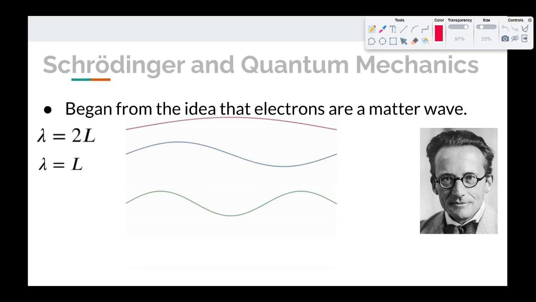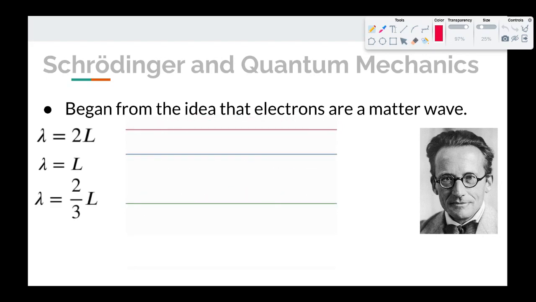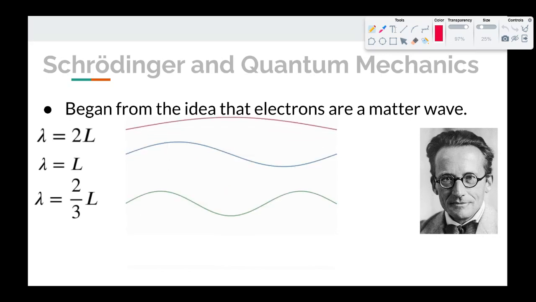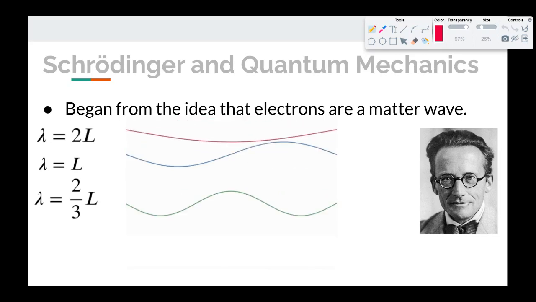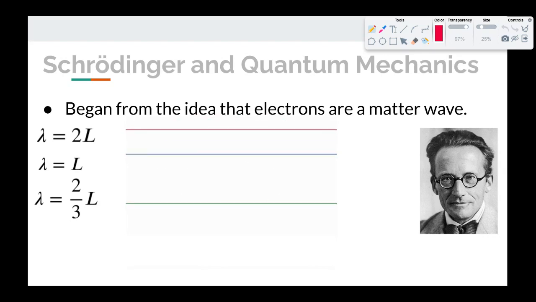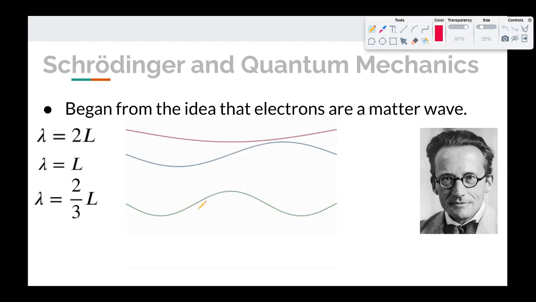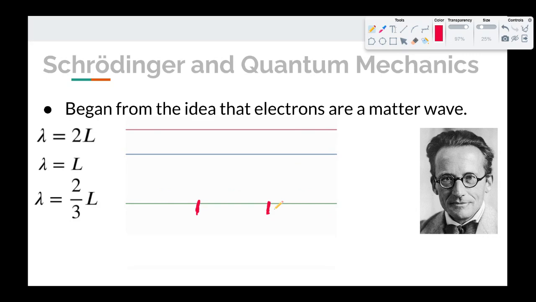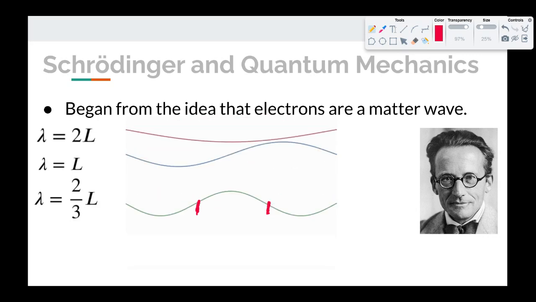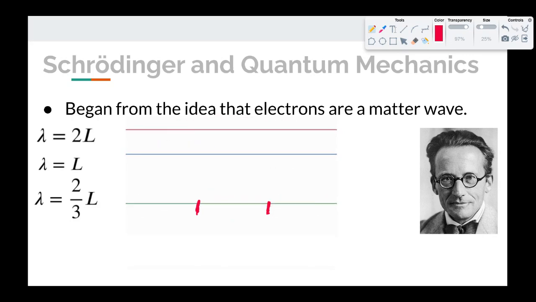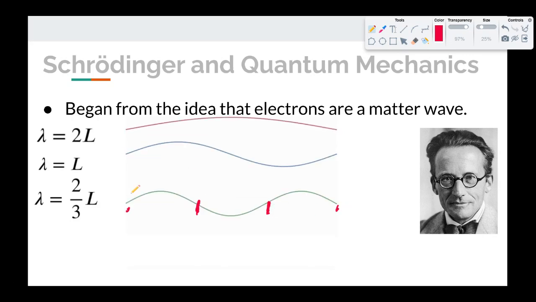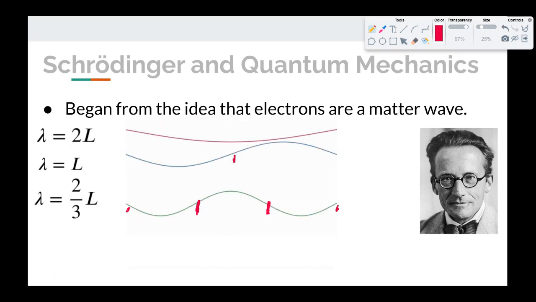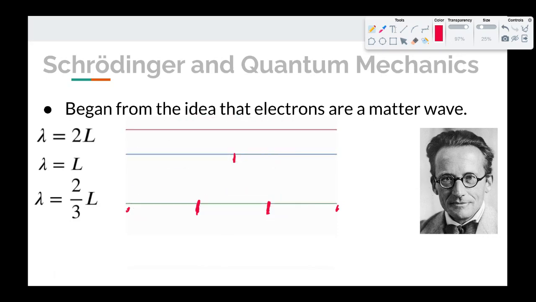The next mode of vibration that you could have is where there's 1.5 wavelengths in the length of the string. So in this case, the wavelength is going to make up 2/3 of the string. And you can see that there's a node about here, and there's a node about here. Those are places where the wave never deviates from 0. And the other nodes are present, where it's fixed on the ends. And here there's a single node right in the center that the wave never deviates from 0 there either.